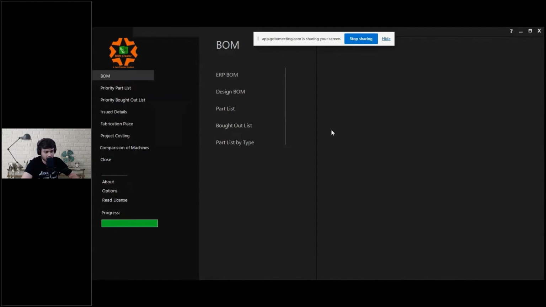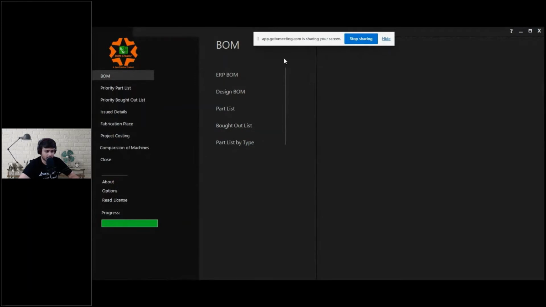So the first option we see is the ERP Bomb. With ERP Bomb, you can create a bomb which can be readily uploaded to the ERP SAP system. As we said, designers spend a lot of time preparing bombs for ERP. Here, if your 3D design is ready, we can prepare a bomb which can be readily uploaded to the ERP or SAP system. We directly integrate that and customize it as per the industry requirement.